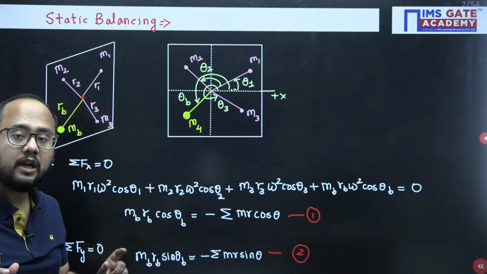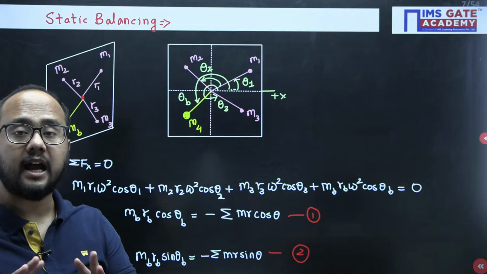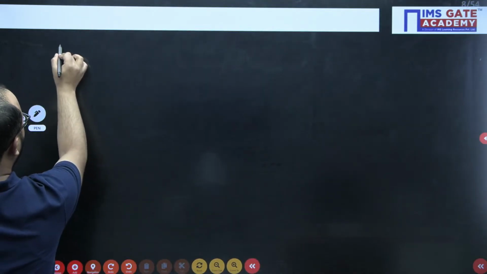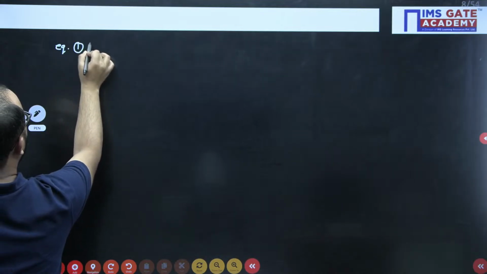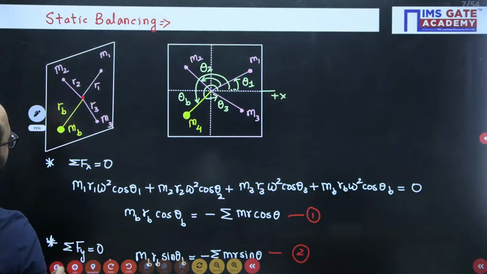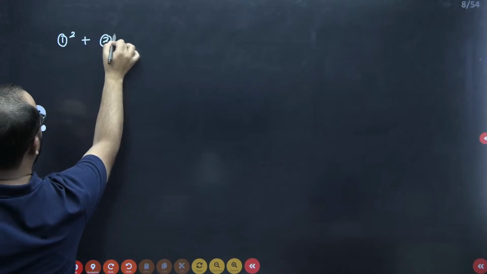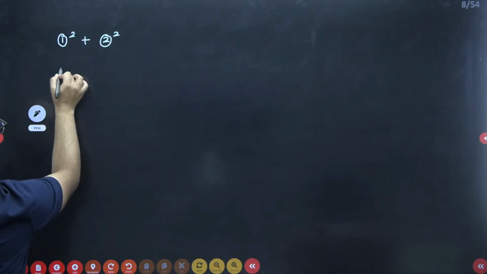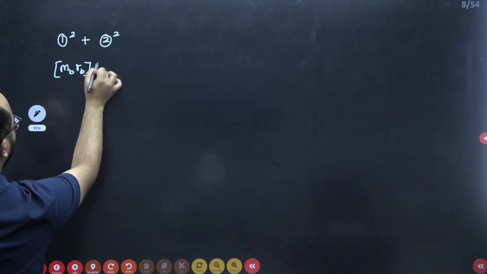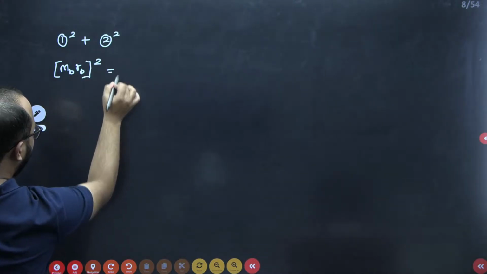Now what I will do is square and add both the equations. If I do the squaring and adding of both the equations, what will I be getting? See, everyone. Equation 1 first square and second square, if I do, what will I be getting? MB RB whole square. Why? Because see,